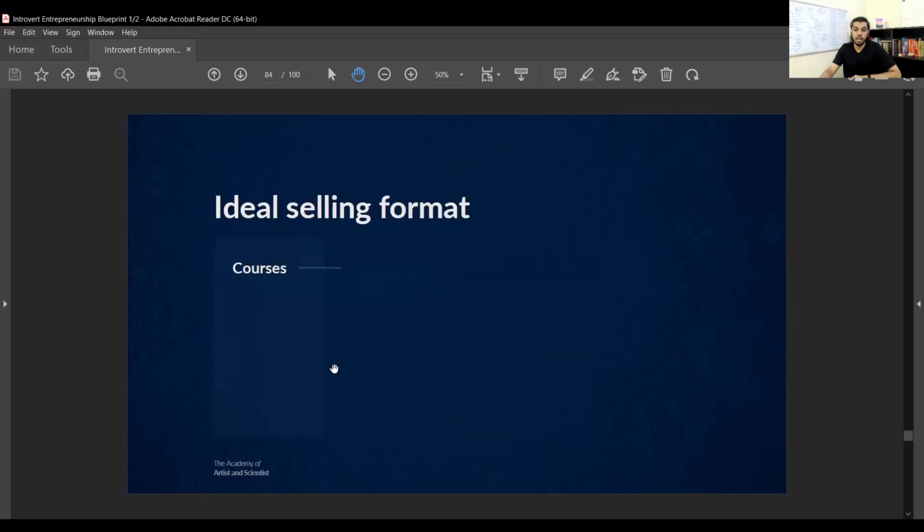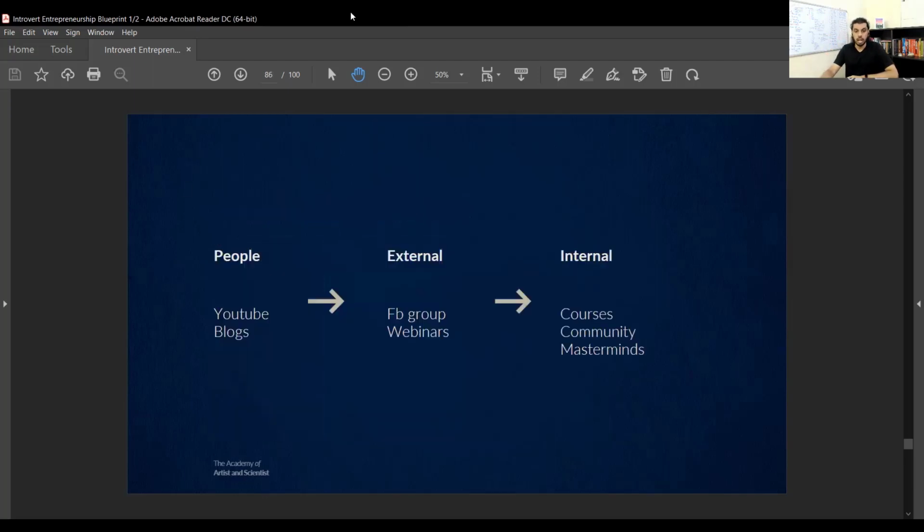Then we move on to the ideal selling format in a course-based business. You have a detailed course, mini courses, crash courses, tutorials, where you create so many things and then sell them. That is how you bring people in, by nurturing them and putting value on YouTube, blog, podcast. Podcast for me is typically for internal communities.